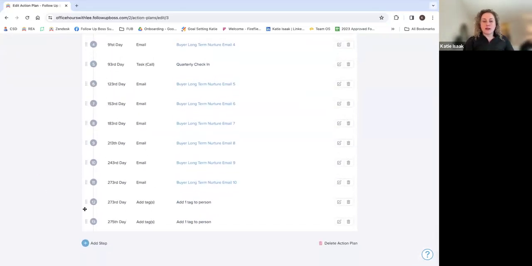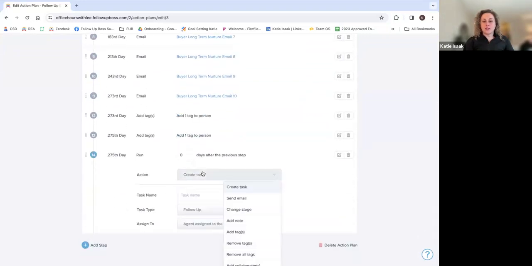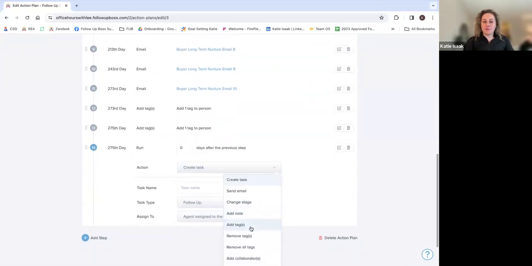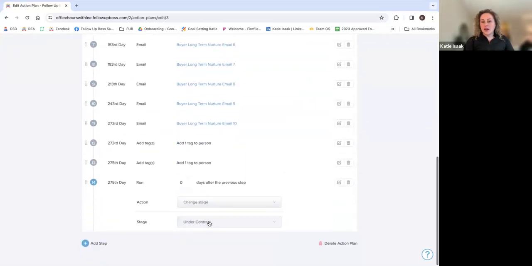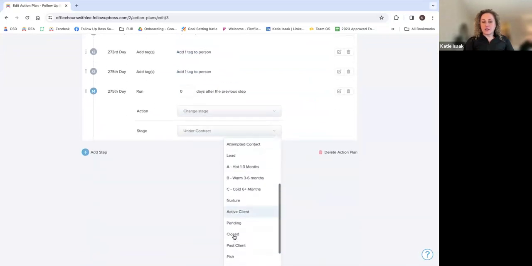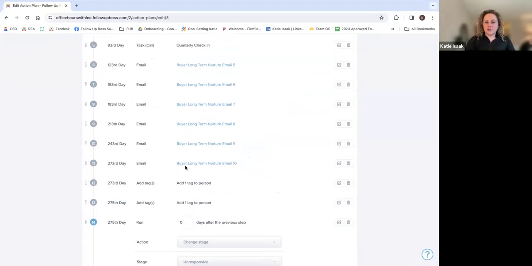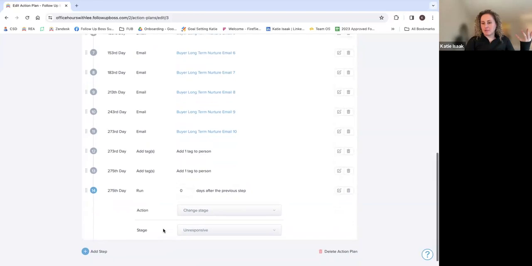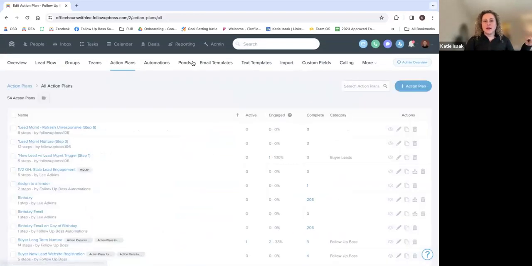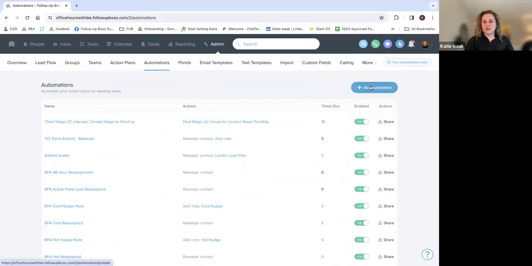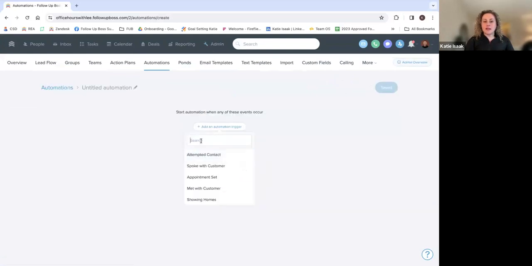So we can go down to the very bottom and add a step that is a stage change. That stage is automatically going to change to, let's see, Unresponsive. We would say this happens 2 days after the last email goes out, so we've given the person time to respond, and we'll save this. Then it's as simple as coming over to automations and saying, okay, when anybody's stage is changed to unresponsive,